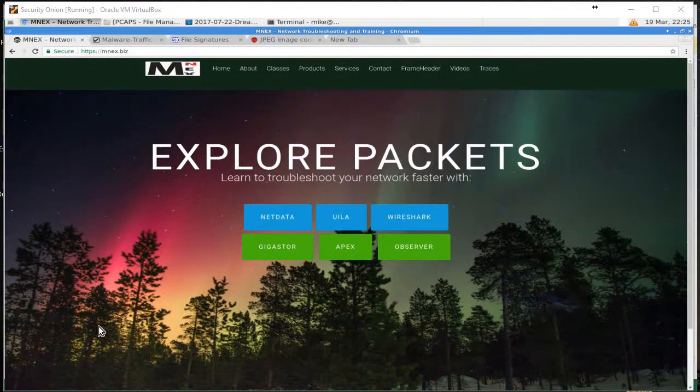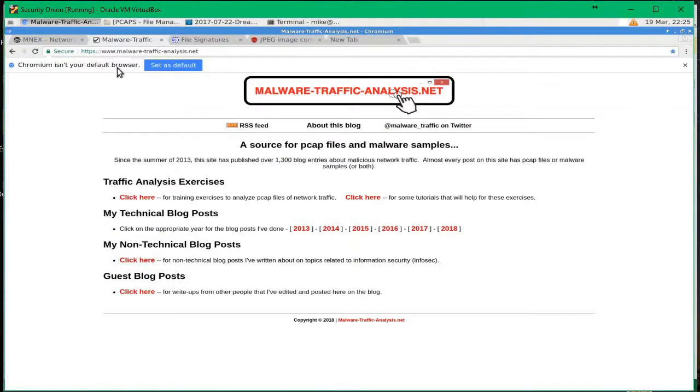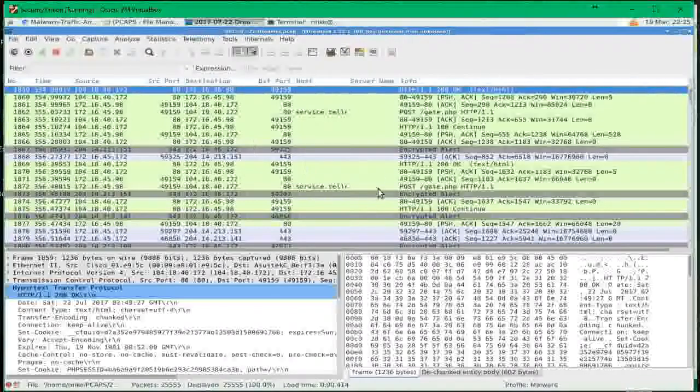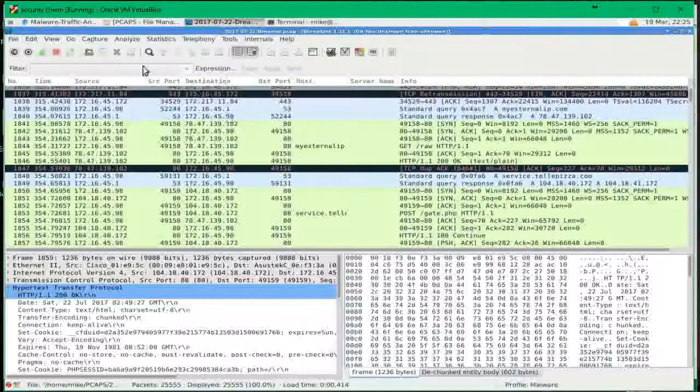We're going to walk through a brief scenario looking at a security incident using Wireshark. I pulled the traffic from Malware Traffic Analysis.net, a great place to get a lot of malware files. I grabbed one of them and opened it in Wireshark, and the first place I go